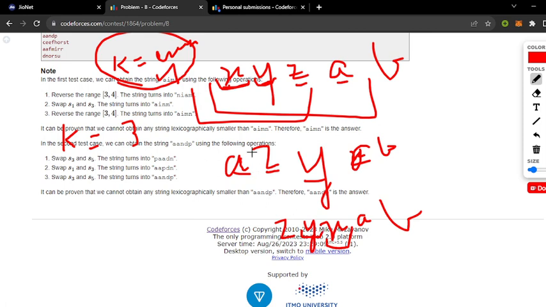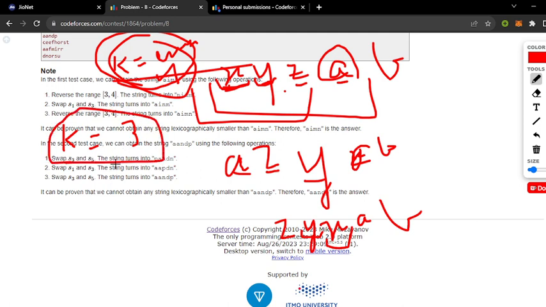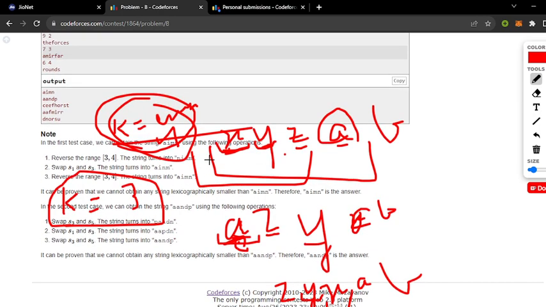So what you can conclude is that if k is even, then we can take any character to any position. Like A was at position 4, I can take A to position 1, 2, 3, 4, or 5, any position I want, if the value of k is even. But if the value of k is odd, I cannot take A to any position. I can only take it to a position of similar parity. If A is at an even position, I can take A to any other even position, but not to any odd position. If A is at position number 1, I can take it to position 3, 5, 7, 9, 11, but I cannot take it to any even position. So basically this is the logic behind this question.